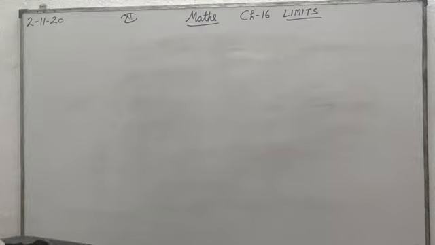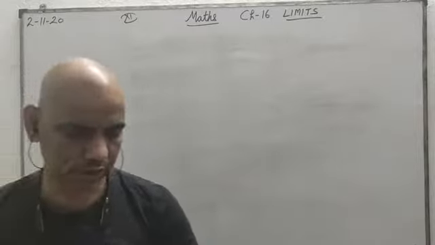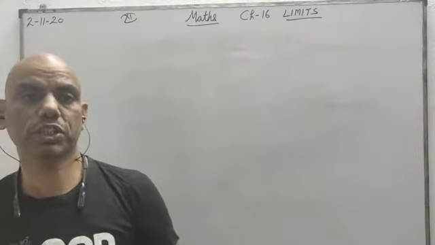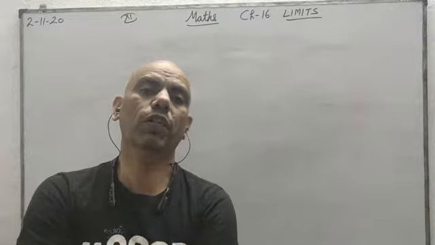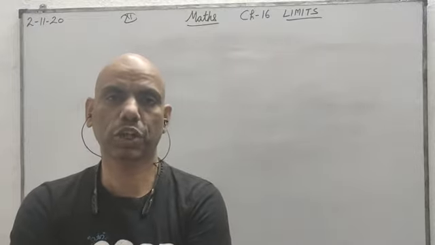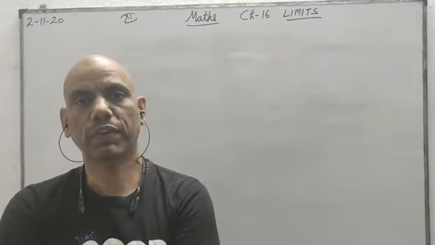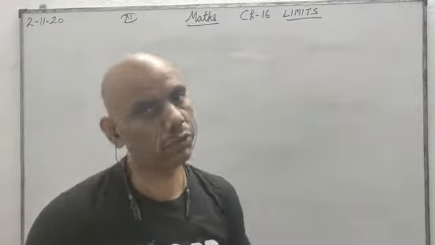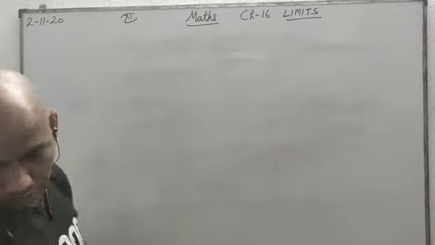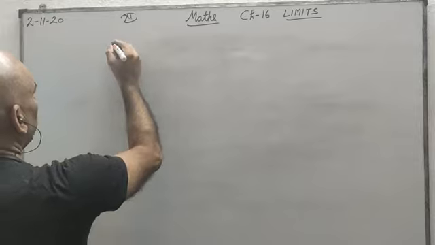So what he is saying: evaluate the left hand and right hand limits of the function defined by this at x is equal to 1. Also show that limit x tends to 1 f(x) does not exist. The limit does not exist, it means the value of our LHL and RHL is not going to be the same. Then we will have to find their values and then we will see that they are not the same. So question number 1,